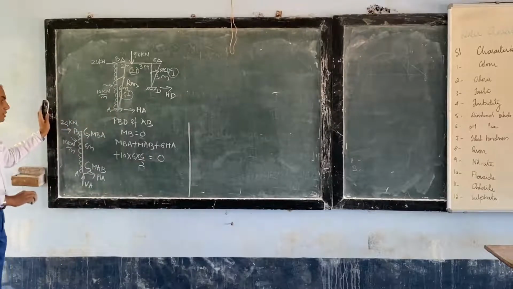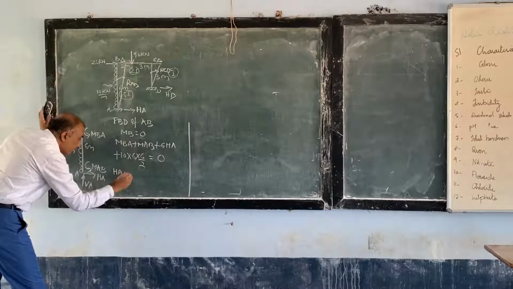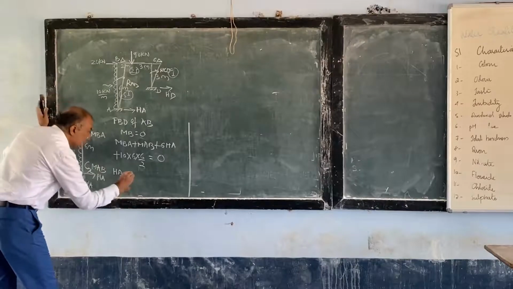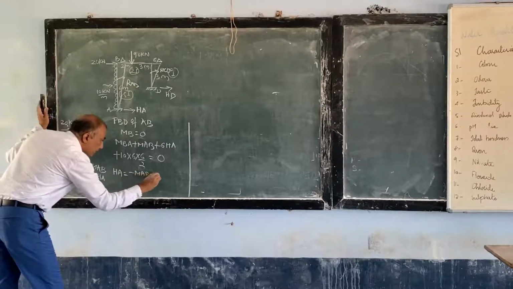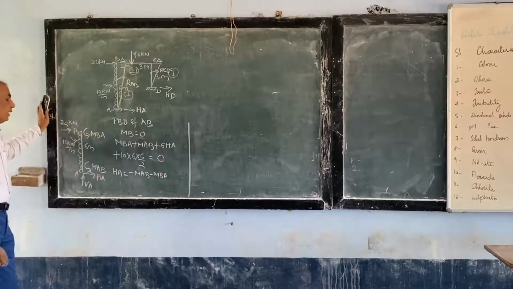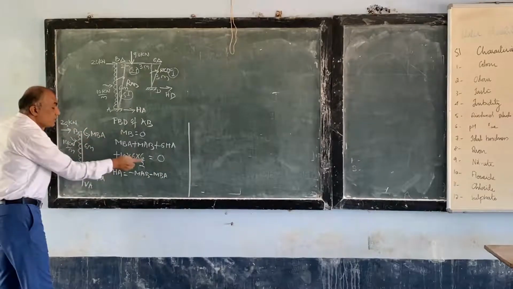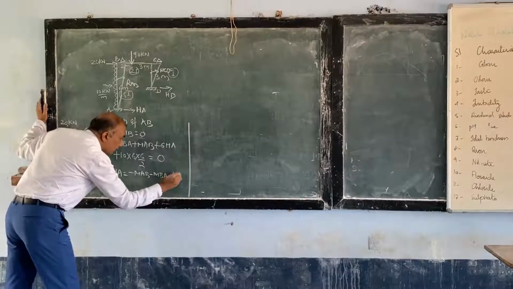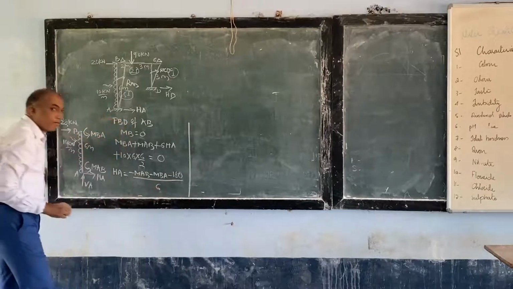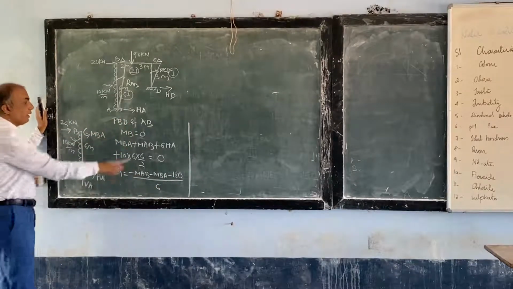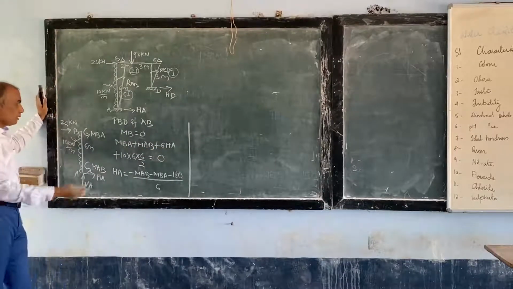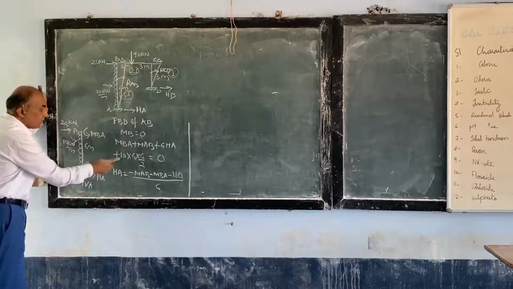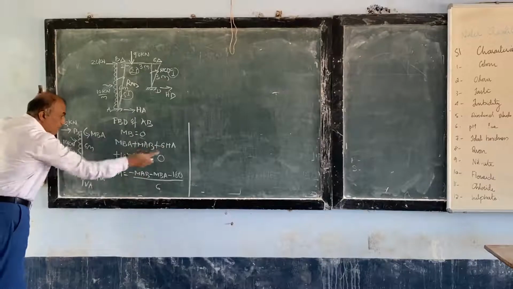Now simplify this and get the expression for HA. We are interested in HA. Keep 6HA as it is and bring the others to the other side as negatives: minus MAB, minus MBA, minus 10 into 6 into 6 by 2, which is minus 180, divided by 6, is equal to HA.